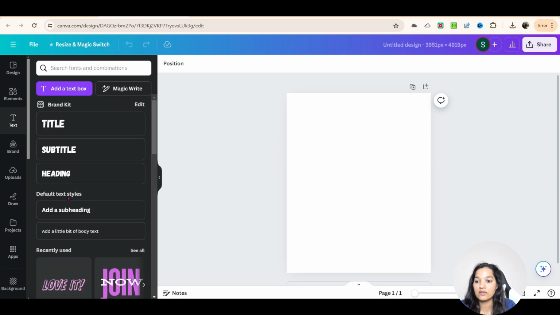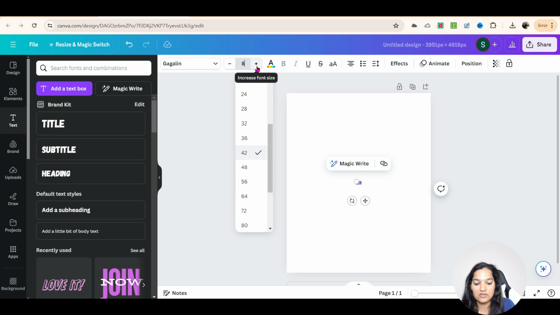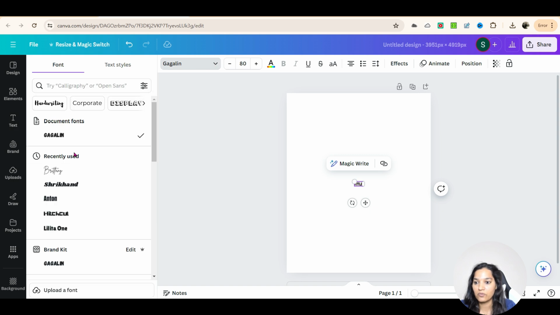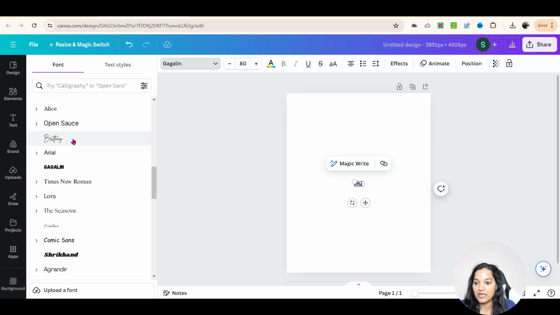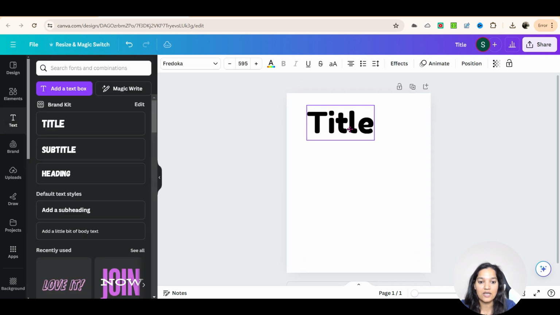Let's say we'll go with title here, and this is small, so I'm going to go ahead and increase the size to 80, and we'll change it to whichever font style you like. So let's say you like something like this. Let's say we like this one. Okay, so I'm going to go ahead and increase the size, and we'll call this Life is a Garden,